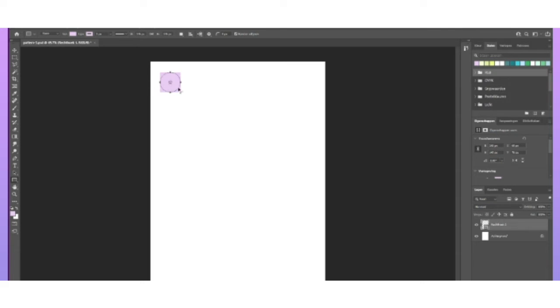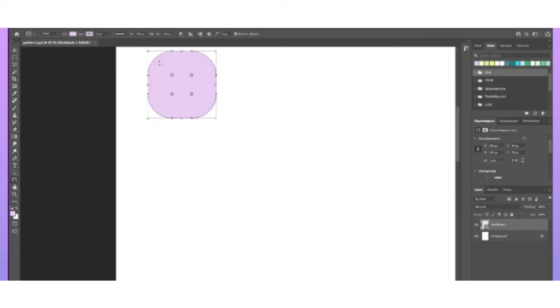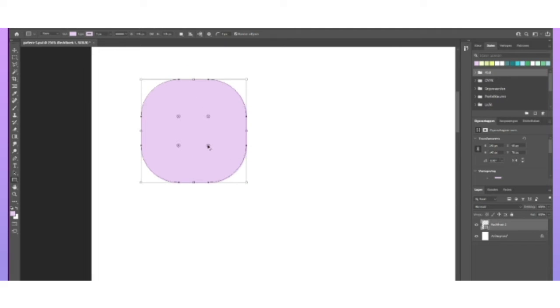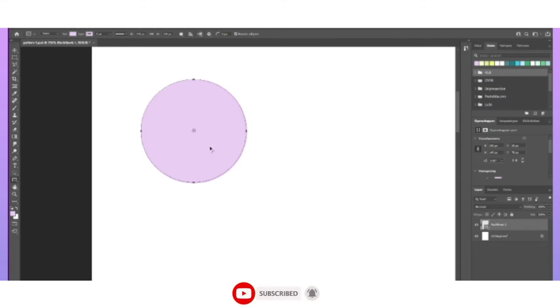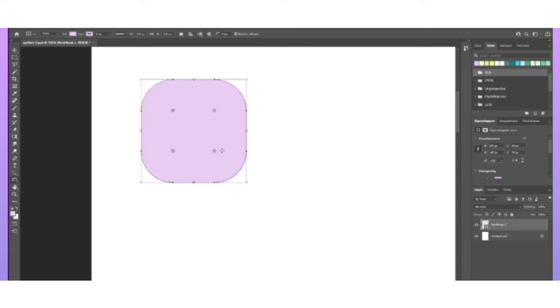Okay, so this thing you can change. Let me zoom in. So you see this small round circle. If you use it, you can change the corners. So if you want it to be pointy or like a square, then you can do that. And if you want to be more rounded, you can make it into a circle as well. But that's basically it. I'm just gonna turn down the volume a bit.